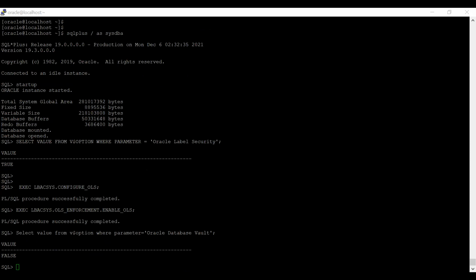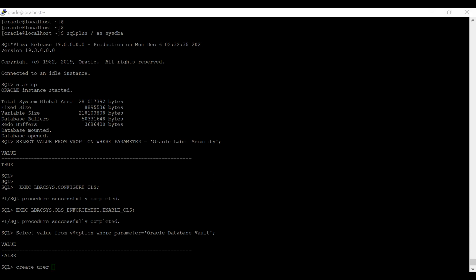So what I will do is first create two users. These users would be the Database Vault owner and the Database Vault account manager. The owner is the bigger user and has more privileges.